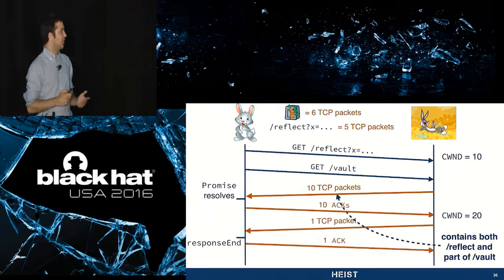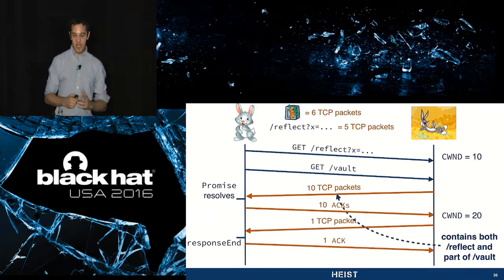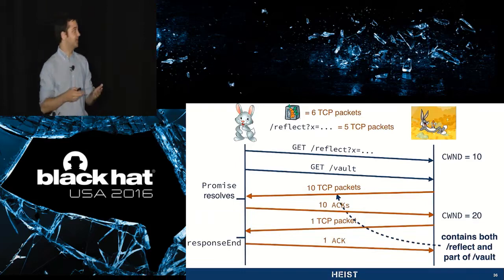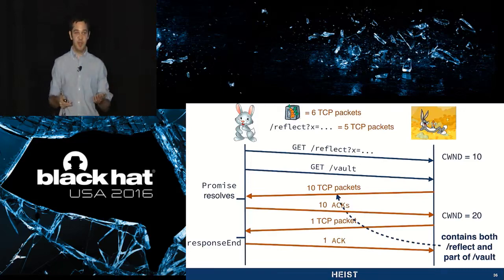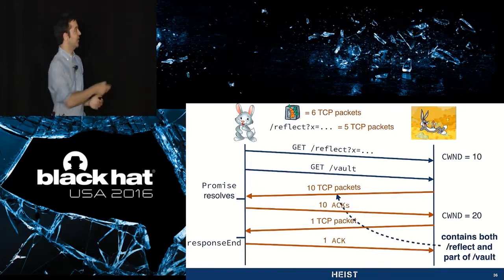Okay, so we can now apply a very similar technique to find the tipping point. Let's say in this case we reflect 5 TCP packets in our Reflect resource. We again have the same requests here, but now the server will first reply with the Reflect resource, which is